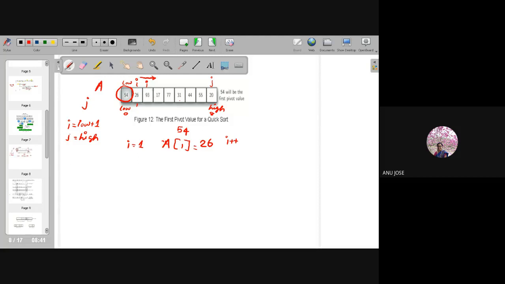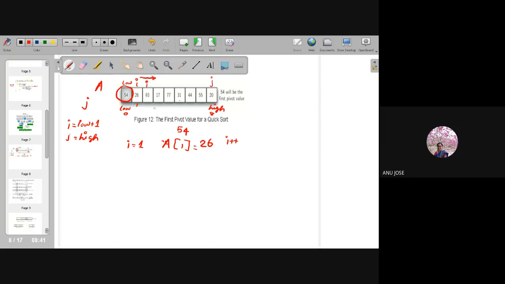If it finds a larger value than the pivot element, then the movement of i will stop. i will be moving from left to right. If it finds a smaller element, then i will be incrementing to the next immediate value. Whenever it finds a value greater than the pivot element, i will stop its movement.